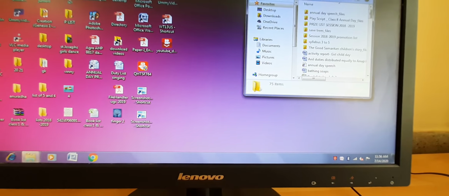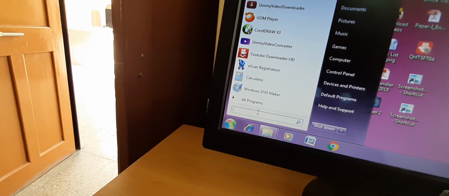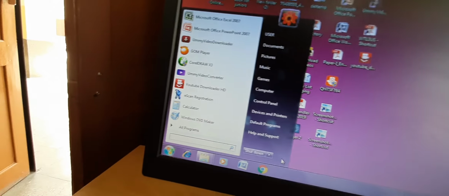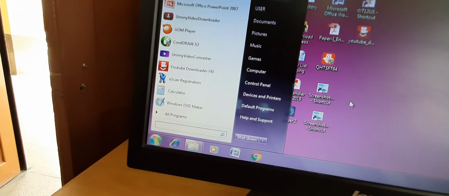Okay, now next is the search button in the start menu. See, here you can search the files or the folders. You have to write the name and your file will be searched from here.